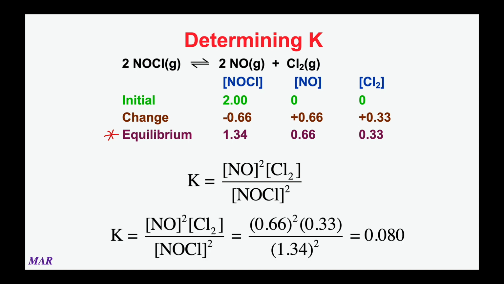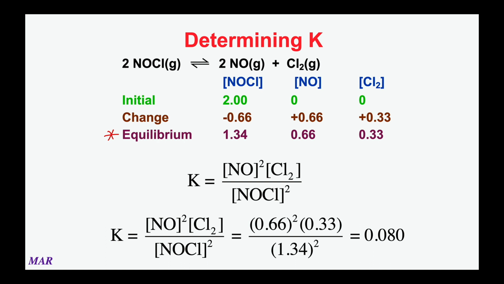So it's going to be 0.66 for the NO, and we'll square it, times 0.33, the Cl2. We'll divide it by 1.34 squared. Throw that in your calculator. 0.080 is the equilibrium constant. Woohoo! So we introduced the ICE table, which is going to be really important to us in the next couple